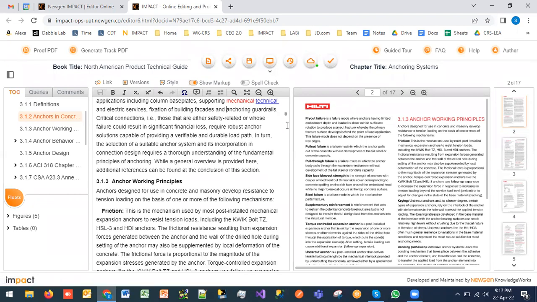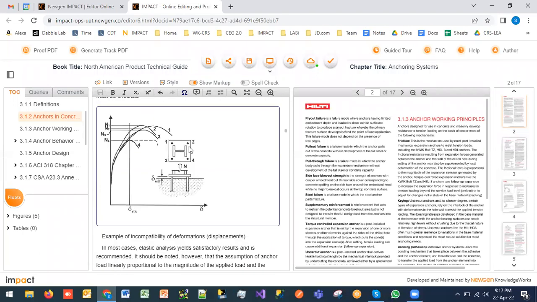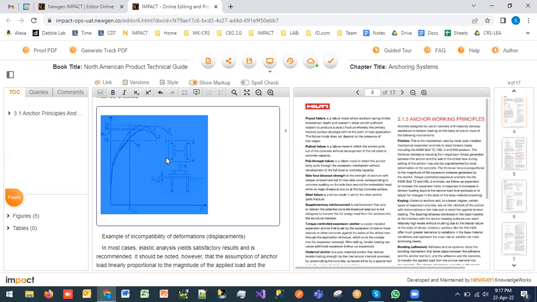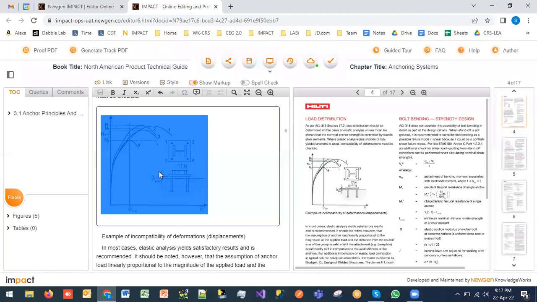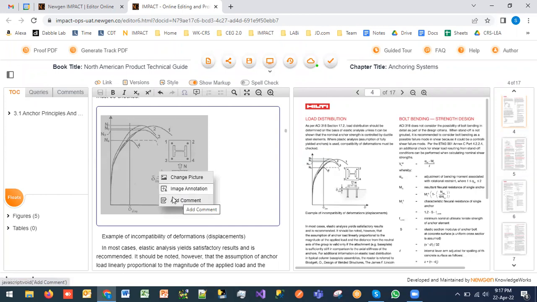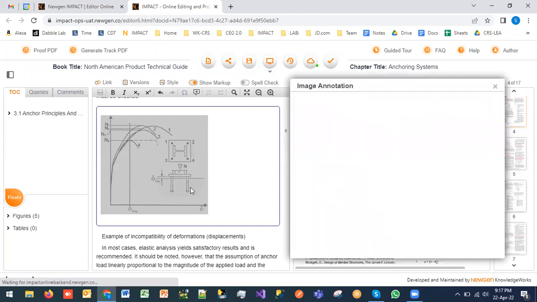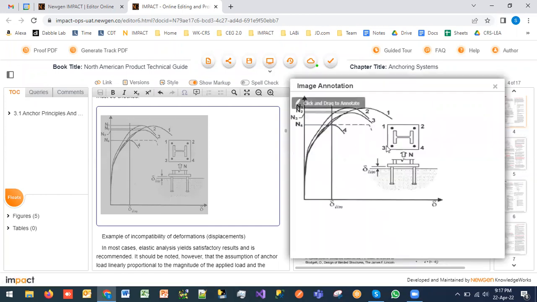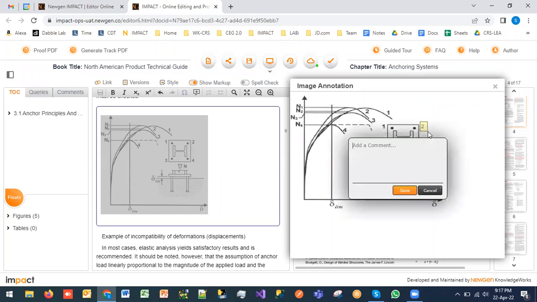So here comes the figure, where users can click on a particular figure. They could comment in case they want to add any changes, and they would be able to insert an image annotation by just selecting a certain portion of the image. For example, if we want to make the change here,